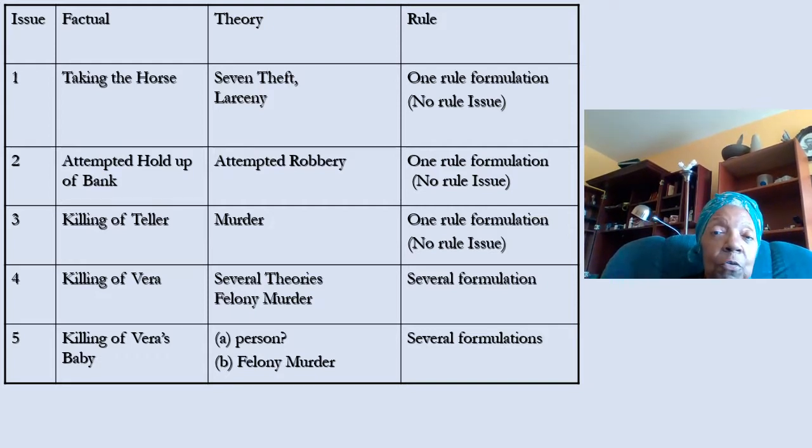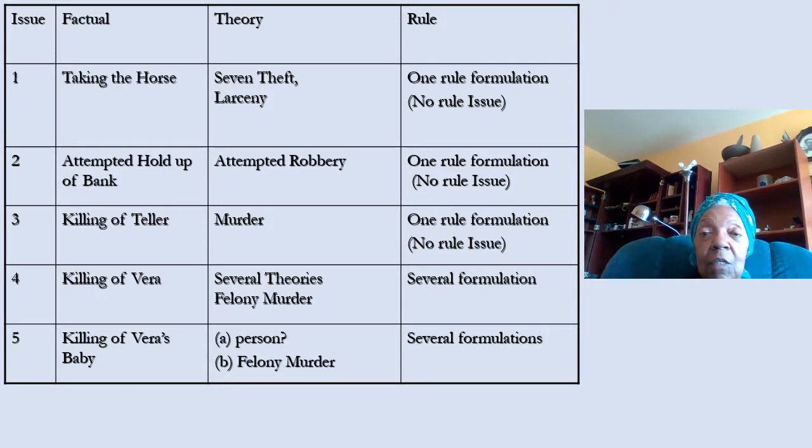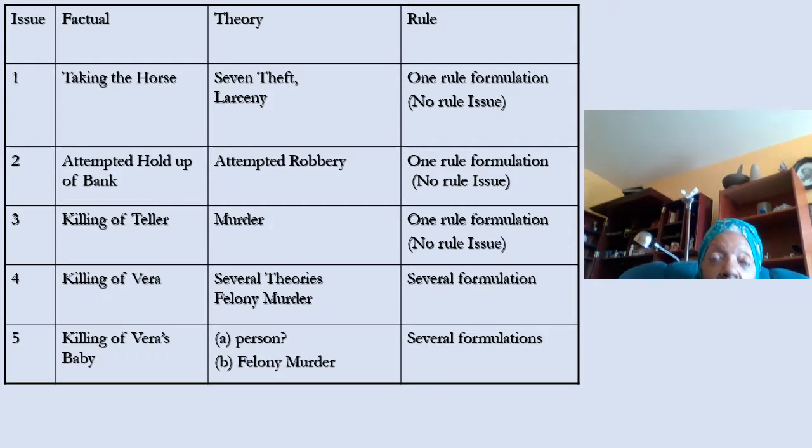A rule issue is when you have majority-minority conflicts. Rule conflicts is when you have alternative rules. For rule conflicts, go back to the previous video where we talk about the kinds of rule conflicts that come up. But this is to show you how